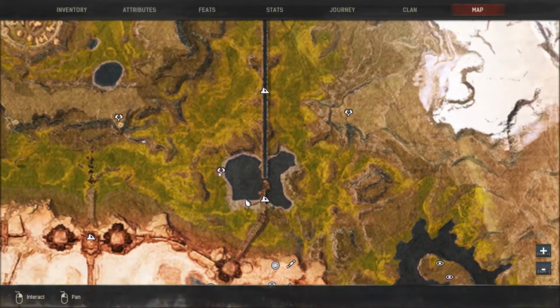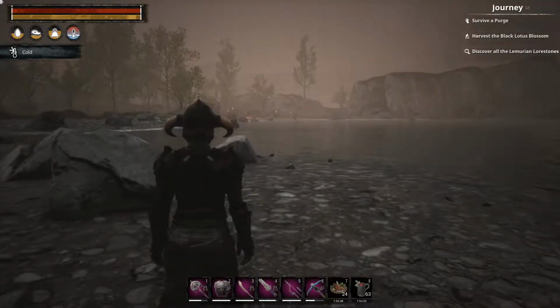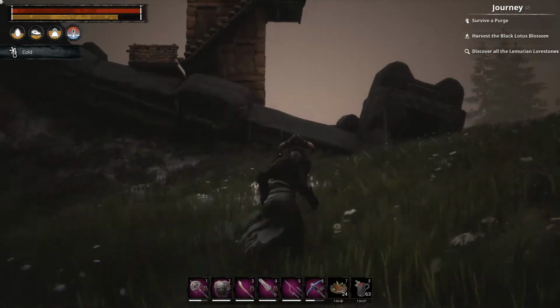Where I currently am is near the lake, which is to the southeast of New Asgarth. There's a little village settlement there called Trapper's Cabin, which is what you can see ahead of us there, and our base is the other side of the aqueduct from there. Now before I head over there,